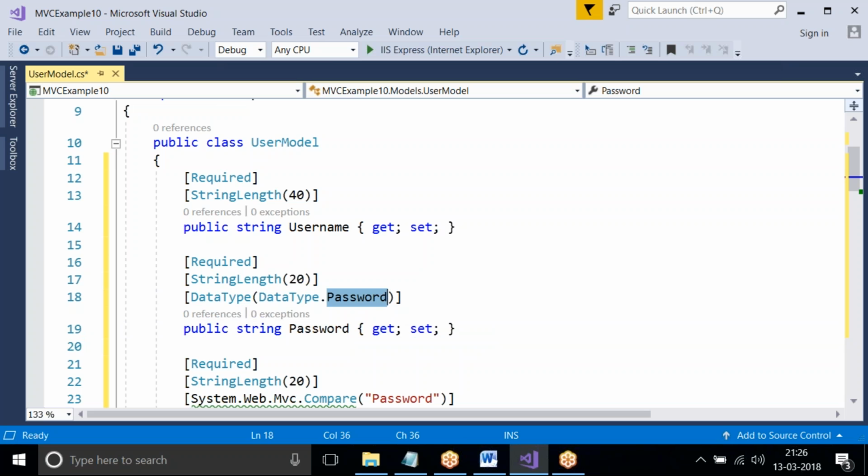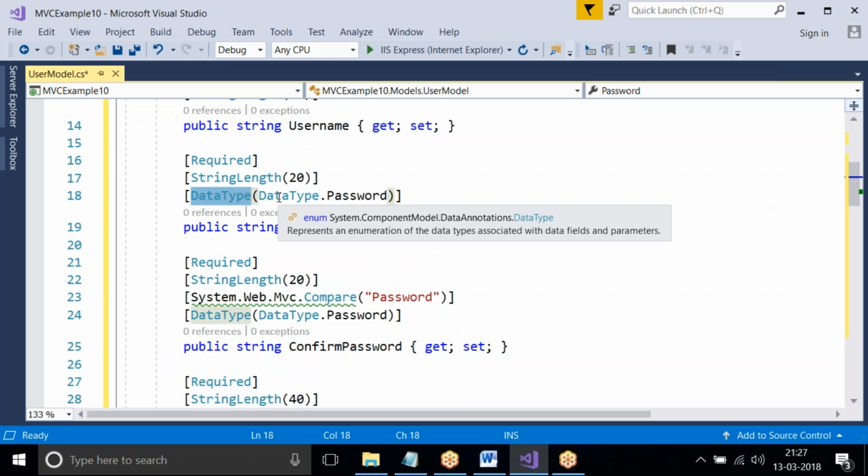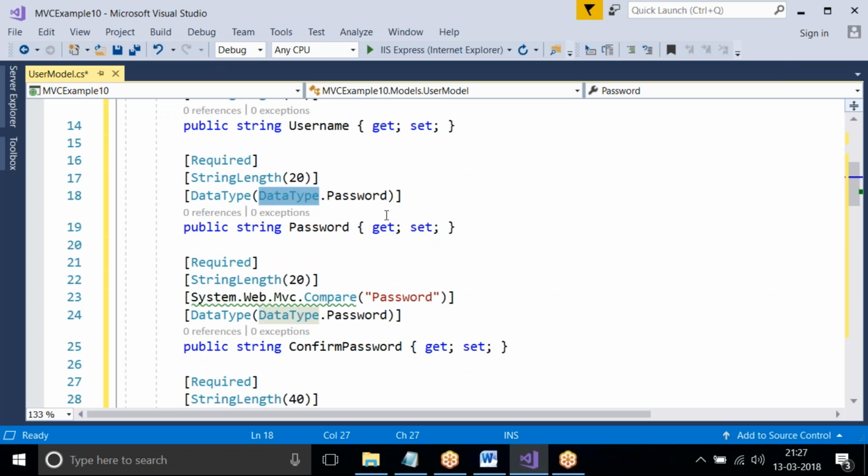When they are converted to text boxes, this Password is used, so the text box will show asterisks or bullets. For that we are using it here. So this is used to convert a text box to a password text box.